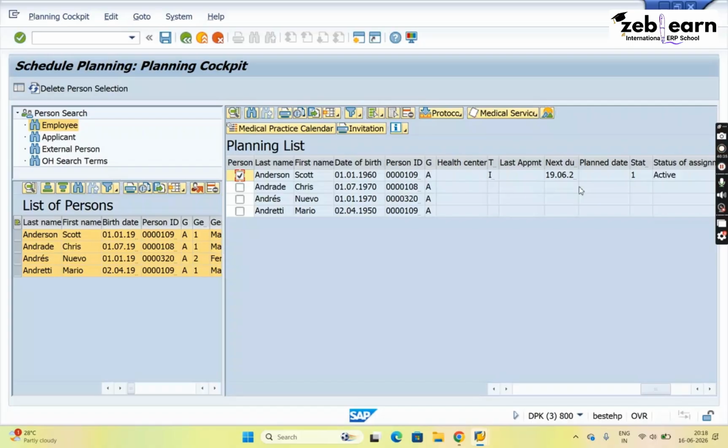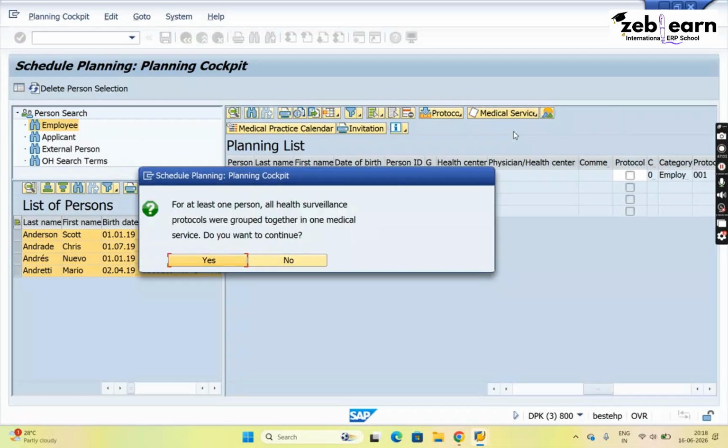Next step is we have to open a medical service, because without medical service number we cannot track, or we don't know what is the status of that particular medical checkup. So therefore we have to open a medical service. In the second step we are going to open a medical service. So directly also you cannot open. See, now if you think I can directly go to medical service and open medical service, it will not happen. Okay, you will get a message like this. So what you have to do,